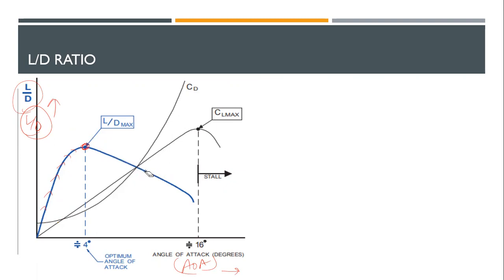And how did I get my L by D max, or the L by D graph? How did I get it? Just by plotting my CL and CD graph. If I plot those CD and CL graphs and combine them together, I have something known as the L by D graph. And that is how we create such things. Okay, and the graphs are the best methods to determine any concept. Okay, here also you can see the concept.